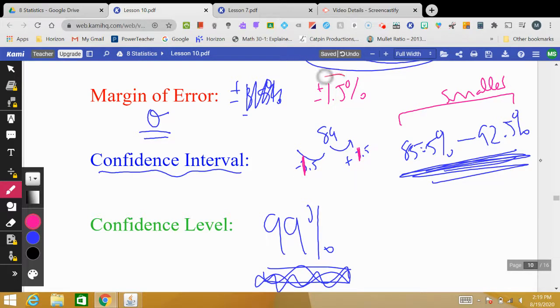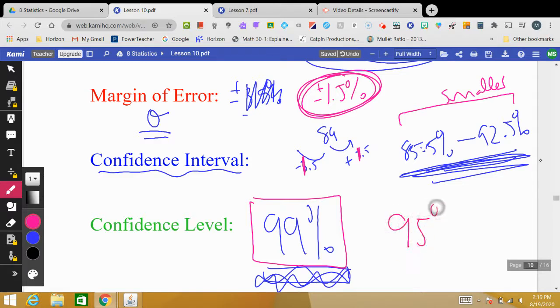So if this is my wiggle room, am I going to be as confident in my results? No. Your confidence level will probably drop to, let's say, 95%. Because now this is going to be a much smaller range of values. So if I decrease my standard deviation, if I make my wiggle room smaller, then I'm going to lose confidence